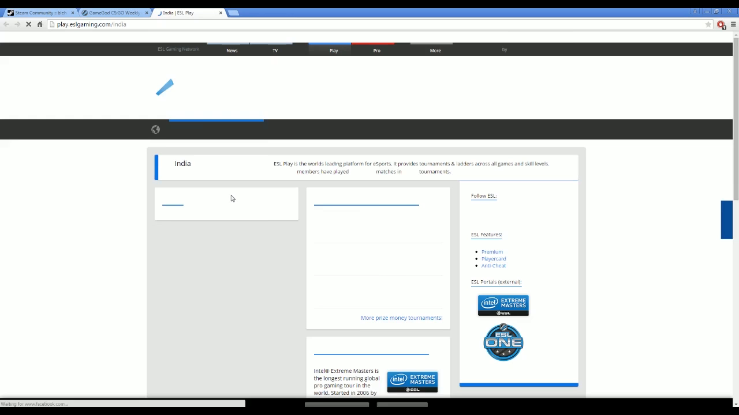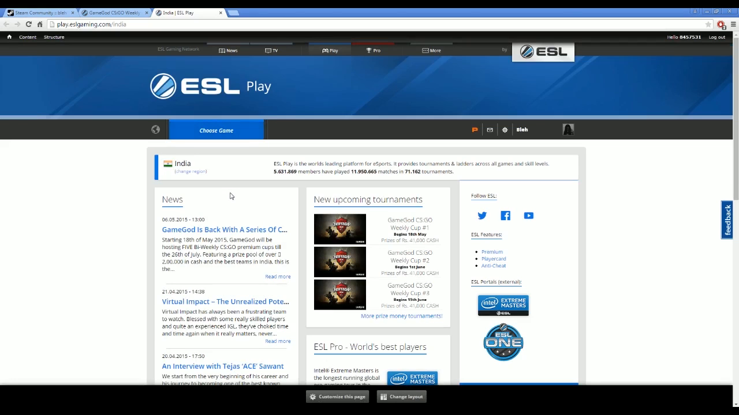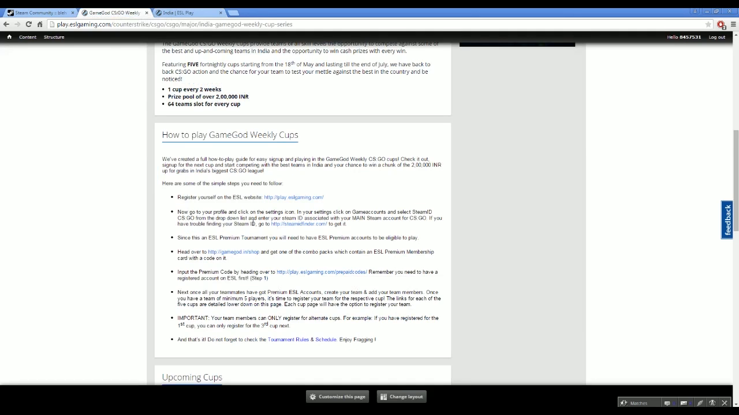So the first thing you do here is, there we go. Right now I'm logged in, so there should be a login button here. You just have to click on it and sign up. It's a very simple process, and once you're logged in, it should show up with your username as well as a user picture if you want one. And now going back to the second step, now that you have your ESL ID, you have to link your